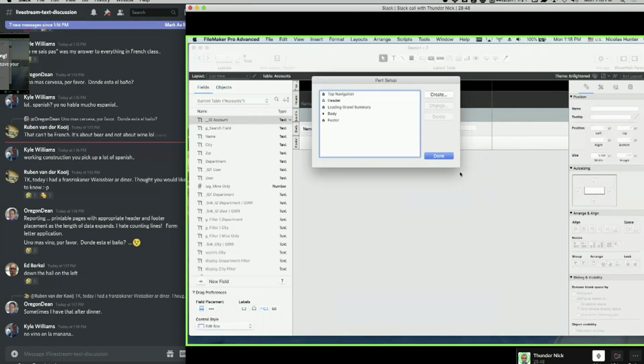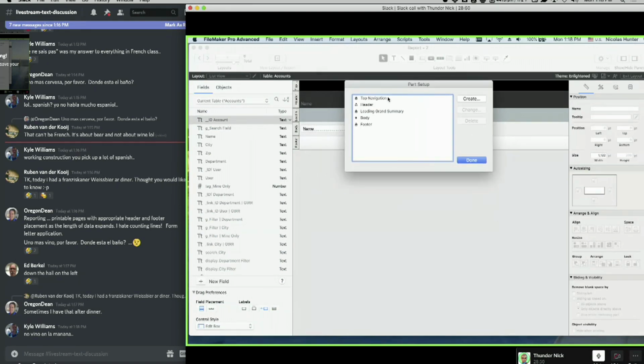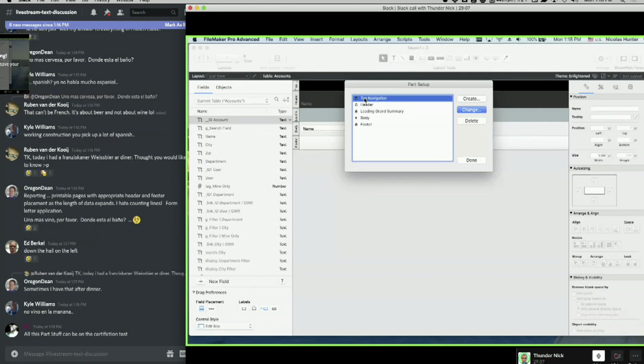You see you have the top navigation, the header, the leading grand summary, the body, and the footer. Some are locked, so you cannot move them. Why? It's because the top navigation can go only on the top and cannot be below the header. The top navigation is the top navigation.